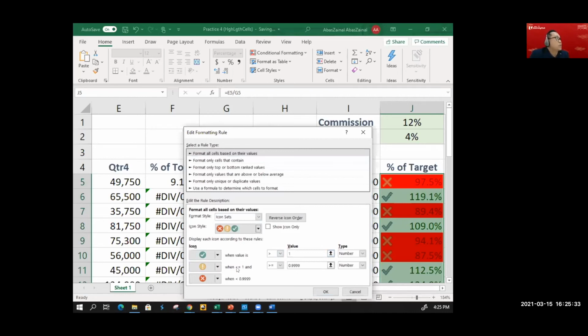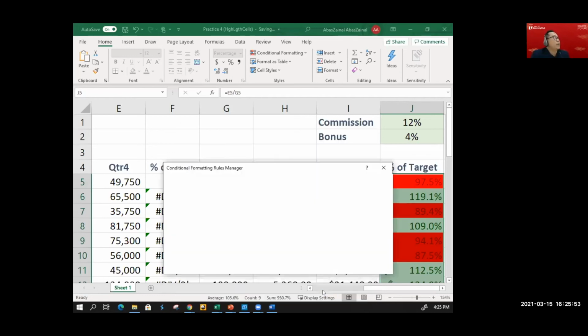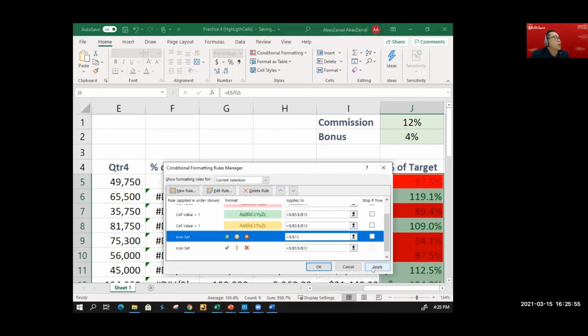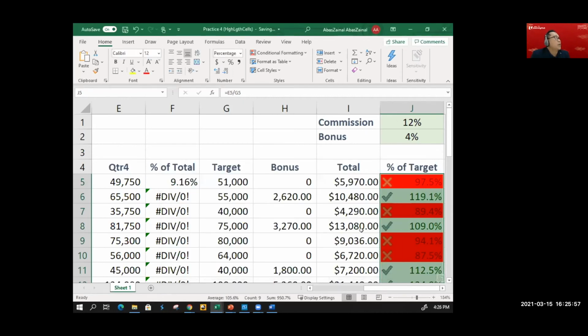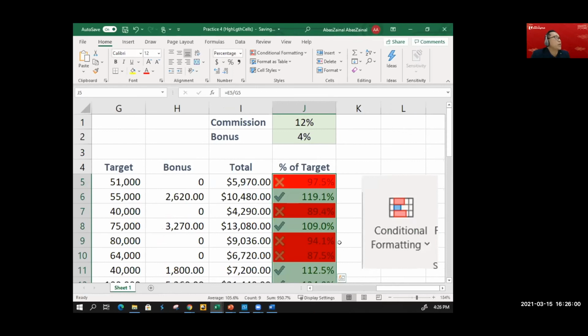When value is less than or equal to 1 but greater than or equal to 0.99999, you have an exclamation mark. When it's less than 0.9999, then it's an X mark. By doing this, when you click OK and then apply, everything will follow suit here. So you can see those that are less than 100% are red.